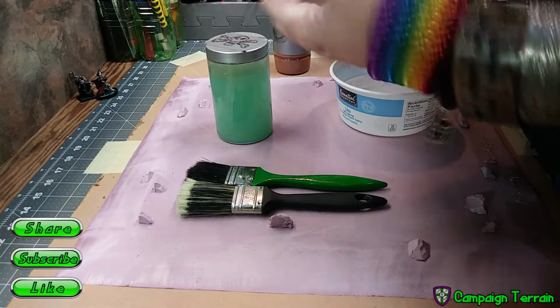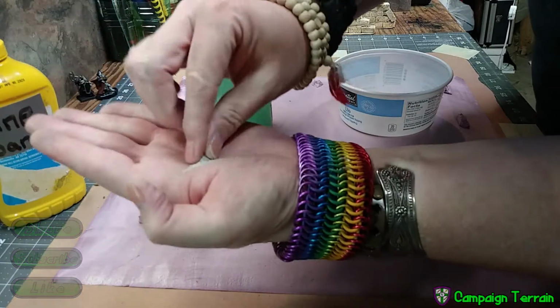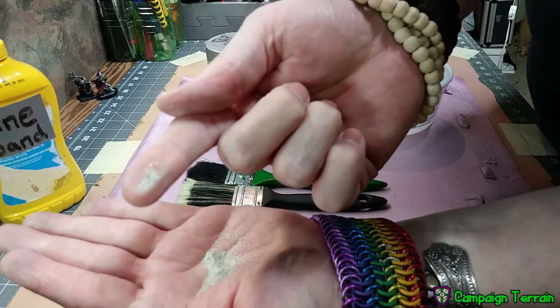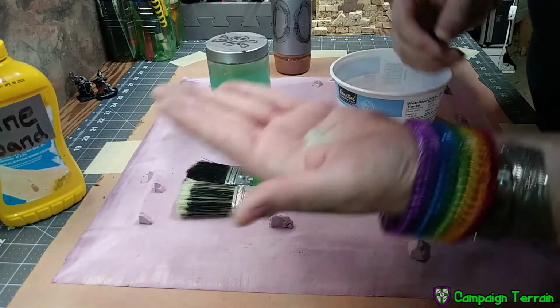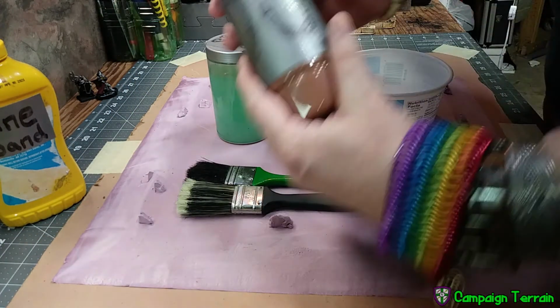Let me show you what we're working with here. As you see, that is a pretty fine grit of sand, and it doesn't look out of place with 25 and 28 and 32 millimeter figures. So we're going to add about 50-50 boom